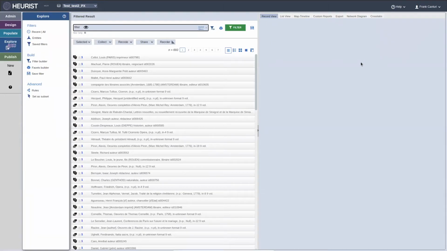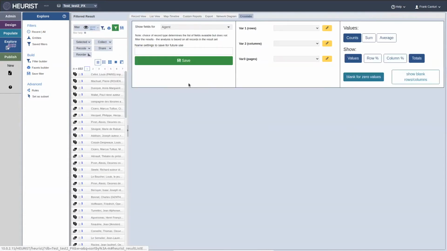Hi. As you can see, this is the main interface for the Heurist platform. On the right here, we have a crosstab function where we'll click on. This is the function that the PX team has worked on. As you can see, this is the main interface for the crosstabs function, and basically it utilizes the records